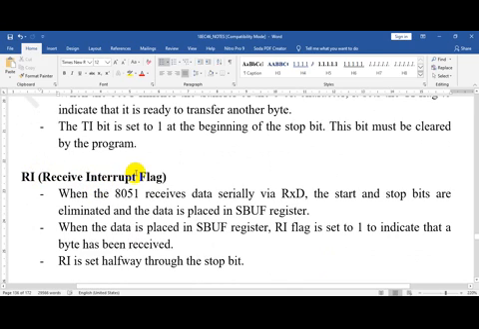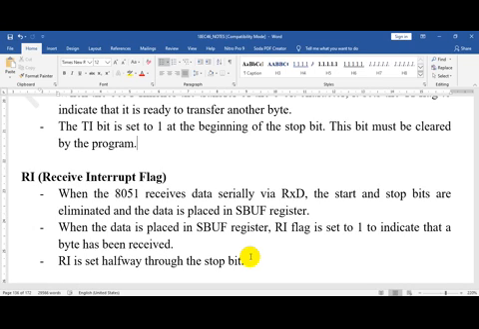RI stands for receive interrupt flag. When your 8051 receives data serially from the PC via the RxD pin, first the character is deframed, in the sense that the start bit and the stop bit are removed, and whatever data you get will be placed in the SBUF register.